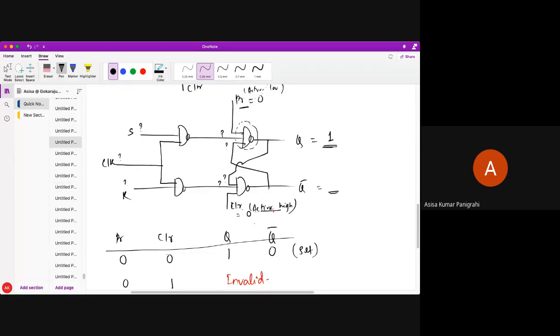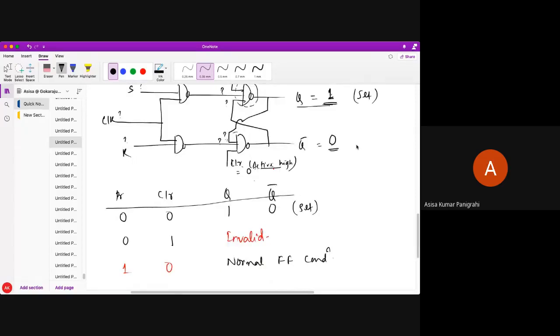Active high means what will happen? It is not going to activate my output. So whatever it may be, Q equal to 1, it will just give the opposite to your Q bar equal to 0. So if Q equal to 1, it's called setting of the initial state condition of the flip-flop. Okay, understand, Aishwarya?